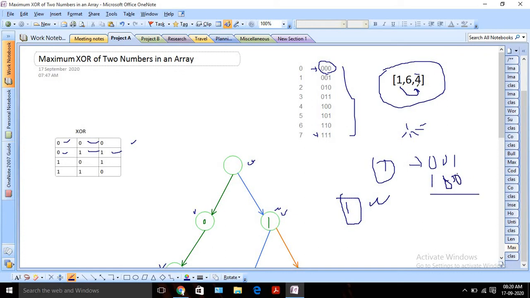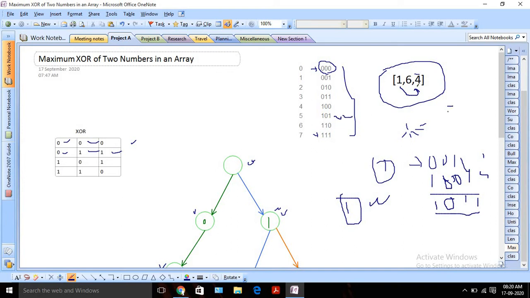If you do XOR, if the bits are different, then we will get 1. But in this case both bits are matching, so it will be 0, and in this case the bits are not matching, so it will be 1. So if I do XOR between 1 and 4, it will give us 101. That means 5.